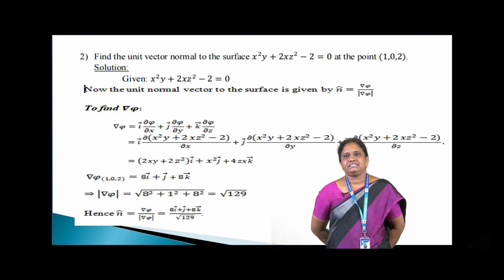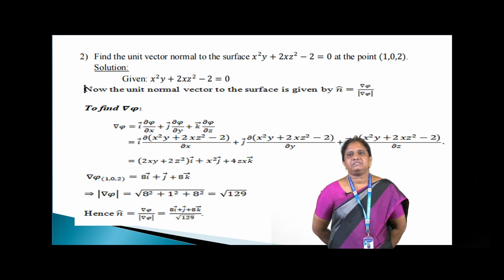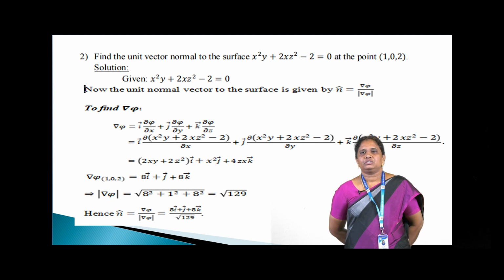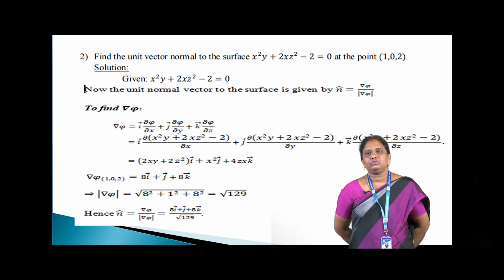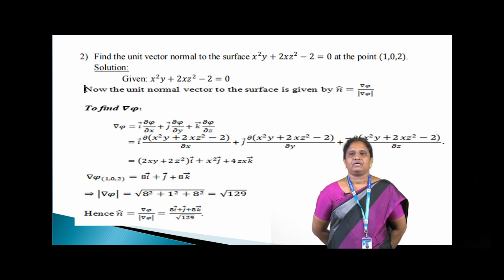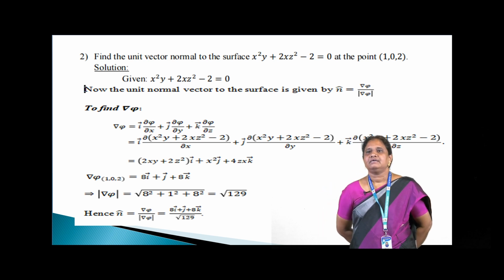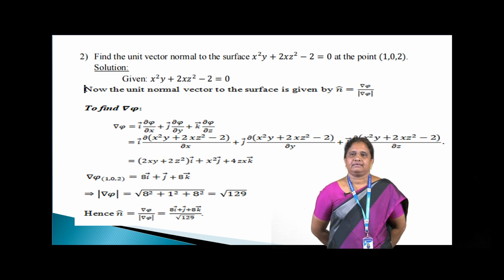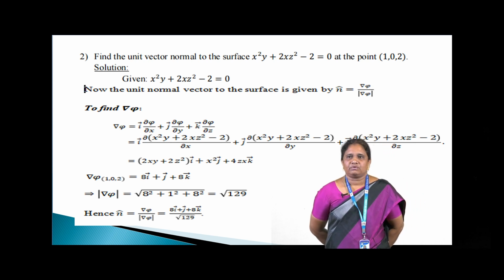In the first term, we have x values in two terms, so differentiating we get 2xy plus 2z squared as the coefficient of i vector, and the coefficient of j vector is x squared alone, as one term only has the value x squared y, and